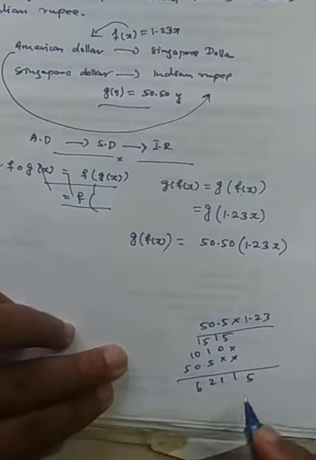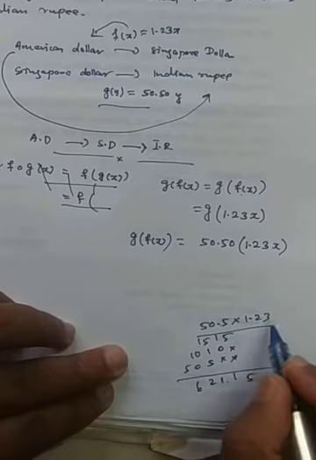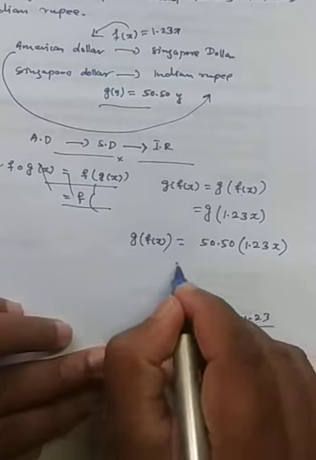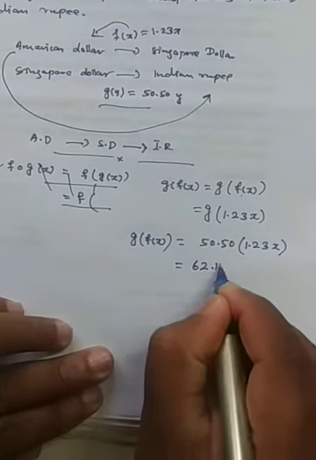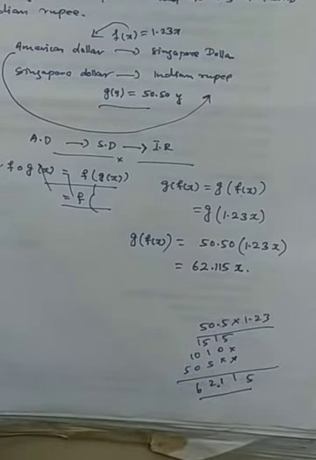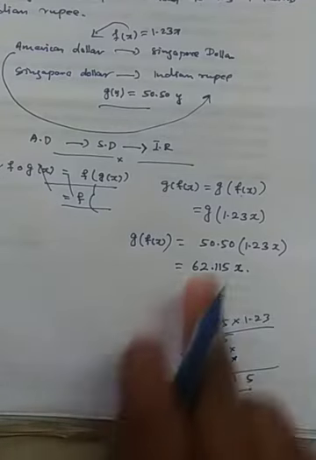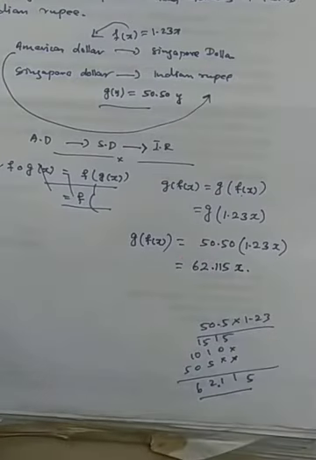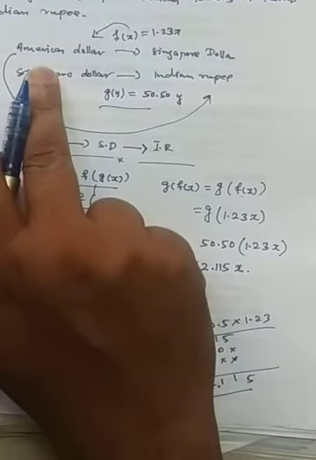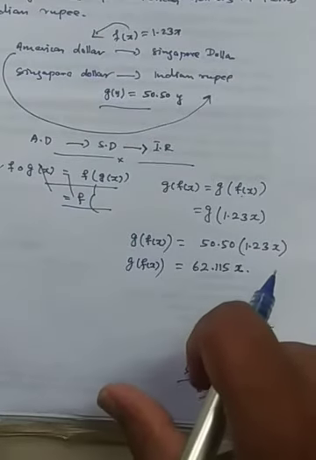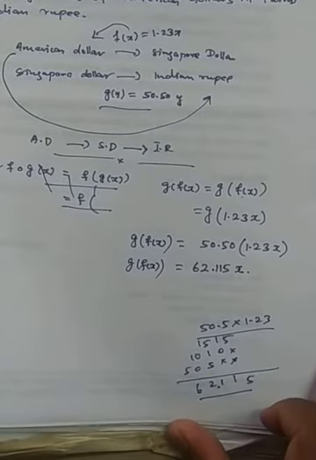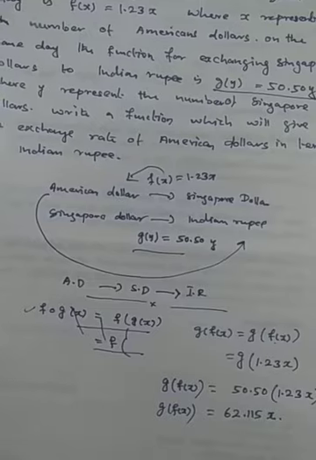So in this way, after decimal 1 number, after decimal 2, totally 3. So that's why it's coming 62.115. So the answer is 62.115x, and x will be as such, because it is in terms of this, only the two numbers have multiplied, and x is kept. So this is the conversion if you want to convert American dollar into Indian rupees. This is the thing. So keep it in mind, this problem is simple, only the understanding is very important.